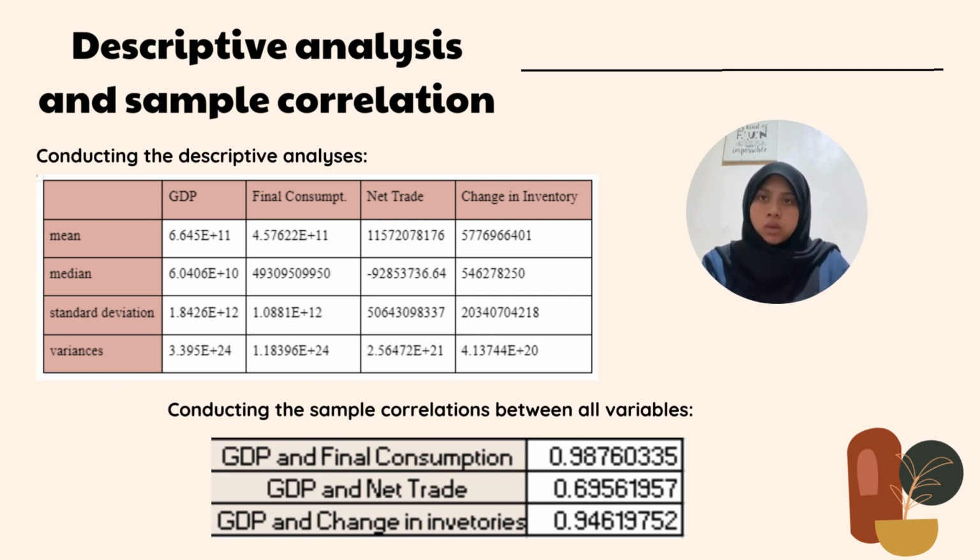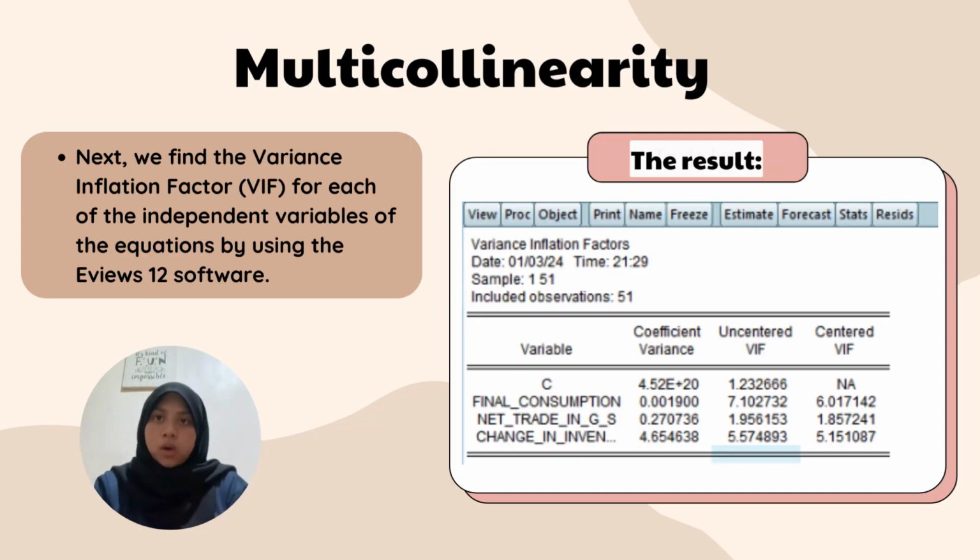trade to increase together. Lastly, the sample correlation between GDP and change in inventory is also close to 1, similar to GDP and final consumption, indicating that it has a positive relationship and they tend to increase together when one variable increases. We continue the analysis by finding the variance inflation factor, which is VIF, for each of